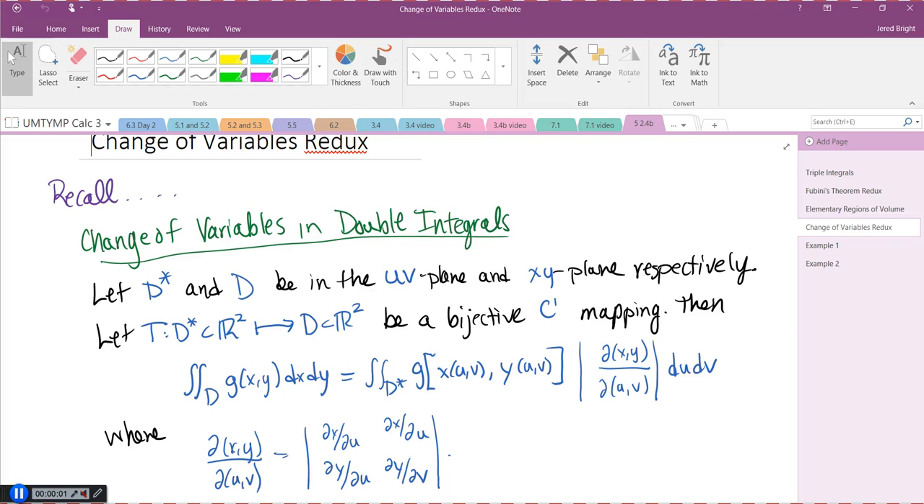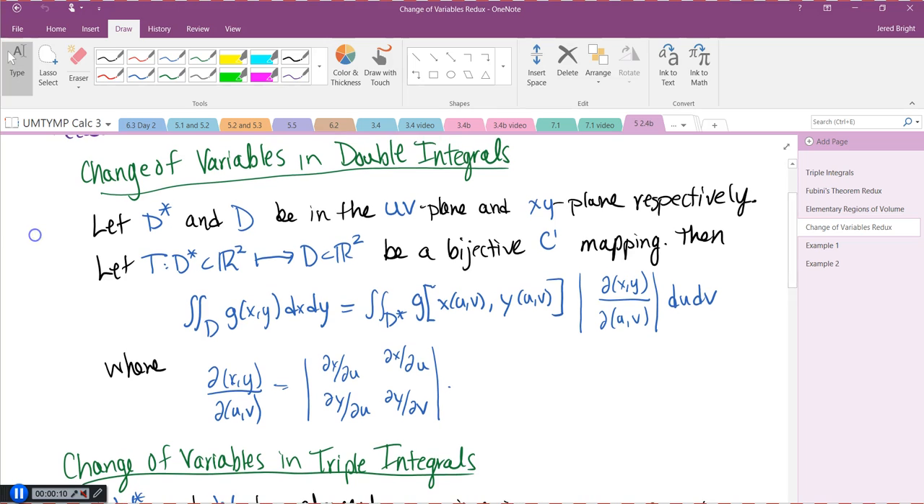Remember in our first time through this section, we also talked about change of variables, and this is just a reminder of change of variables in double integrals. So we had this D star region in D. D star was in the UV plane, D was in the XY plane, and then we had a transformation mapping between them. Bijective, if we haven't come across this word,